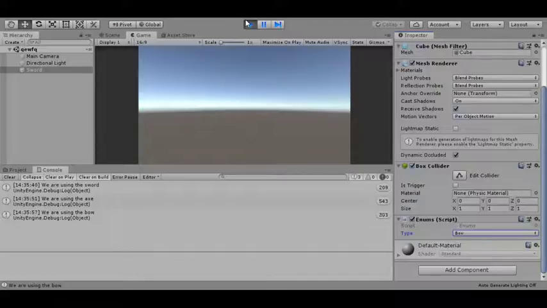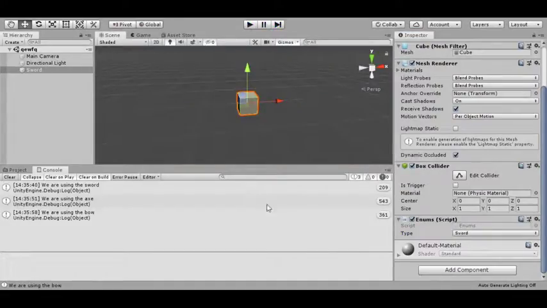What would happen if we use the fixed update? Fixed update will send it the same amount of times, just on a fixed timestep. It won't depend on your frame rate, because update depends on your frame rate. If your game is running at 100 frames a second, you will get 100 messages a second. Fixed update will go on a set value.